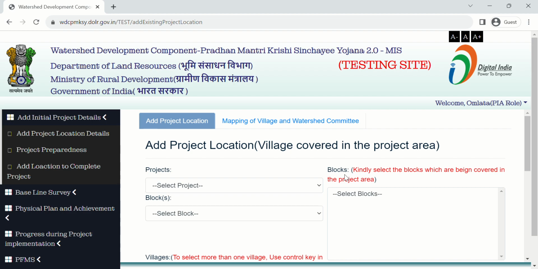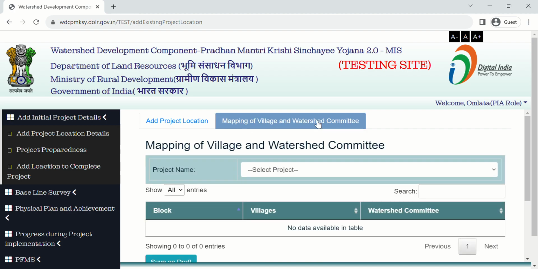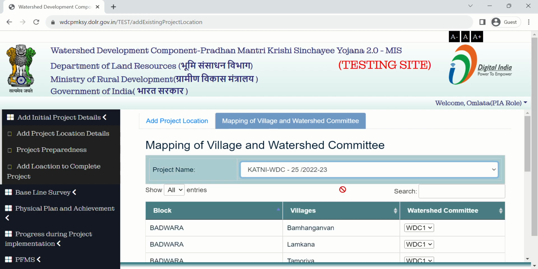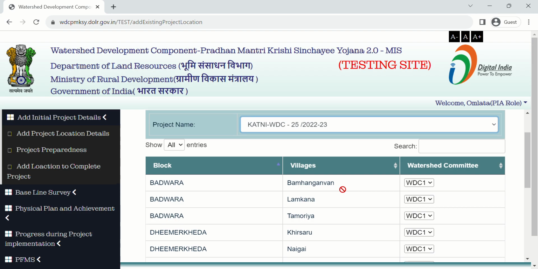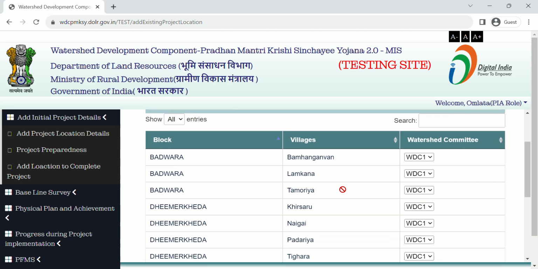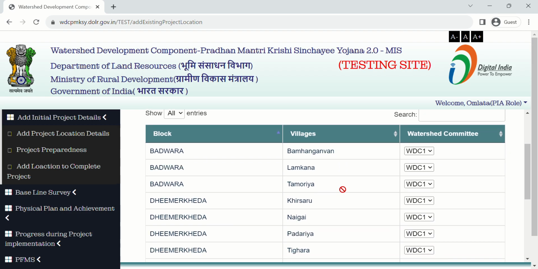After adding the project location, click on the next tab, mapping of village and watershed committee, and select your project name. After selecting the project name, you have to choose your watershed committee name for each village. Choose here your watershed committee name for each village one by one.